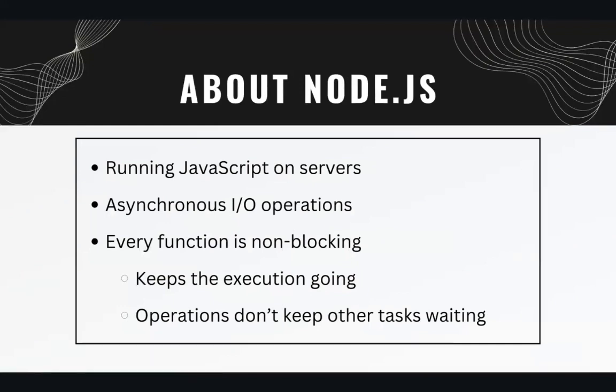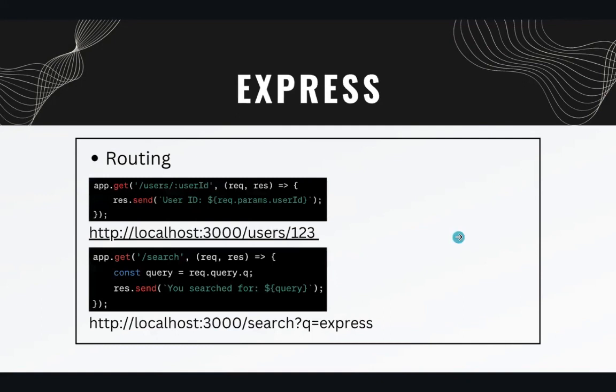Node.js brought the power of asynchronous input-output operations, thanks to the event-driven architecture it provided. Every function in Node.js is non-blocking. The event loop keeps the execution going, polling for other events, ensuring operations don't keep other tasks waiting. This mechanism allows Node.js to handle thousands of concurrent requests efficiently, making it incredibly scalable. And Express